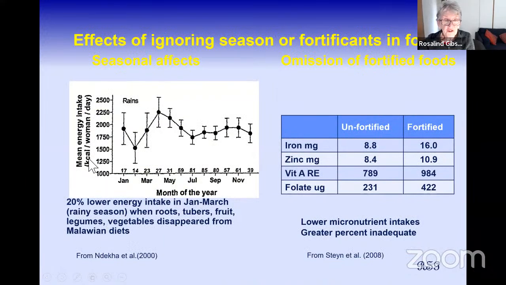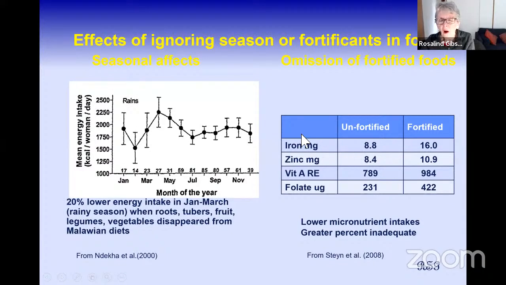This slide on the left shows the effect of ignoring season on energy intakes in a study undertaken in rural Malawi, where they measured energy intake for every month for 1 year. And we can see between January and March, there's a marked decrease in energy intake. This is because it's the rainy season when roots, tubers, fruit, legumes, vegetables disappeared from the Malawian diet. This will also impact on the nutrient intakes, because for nutrients that correlate with energy, such as the macronutrients, minerals,